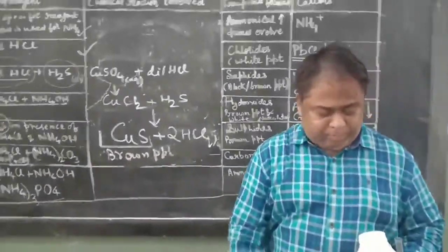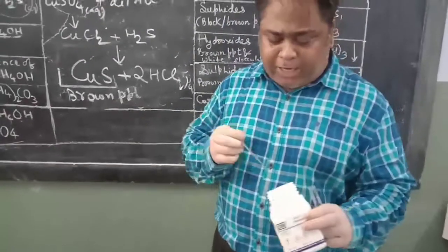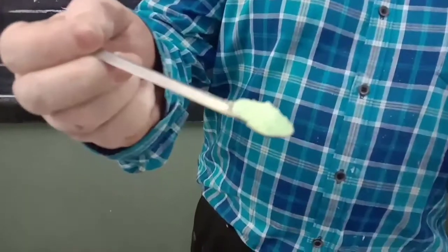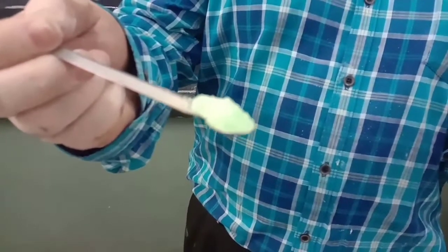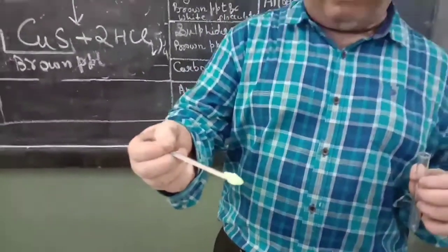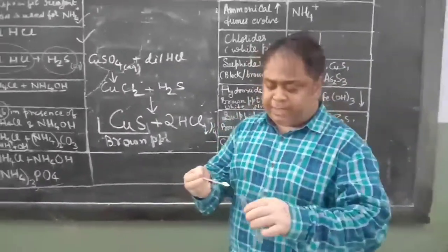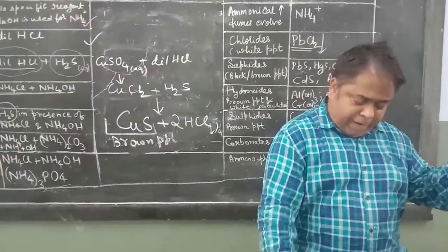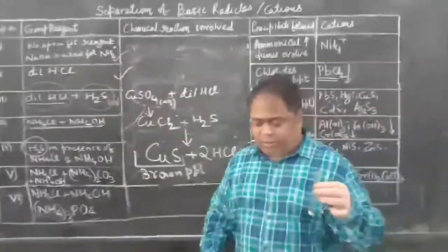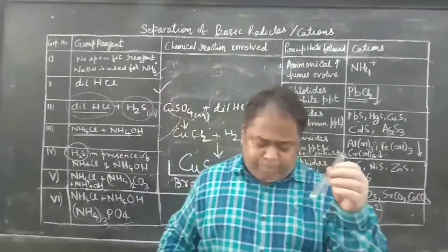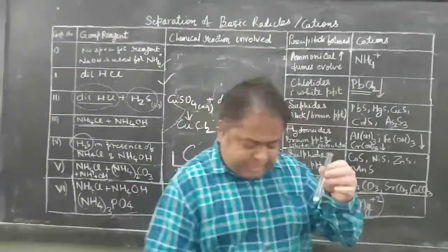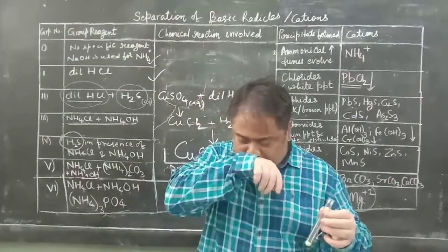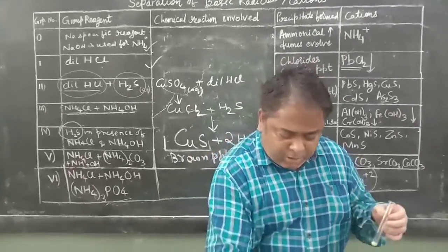Without coming to the laboratory, I am giving you an opportunity to see the color of the salt. The color of the ferrous sulfate salt is green. Iron, nickel and chromium are green in the +2 oxidation state. But they form brown dust when they oxidize, when they rust. I can make it brown by heating it also. When I heat it in the presence of oxygen, it will form ferric sulfate and become brown. But that is not our topic of discussion now. Our topic of discussion is